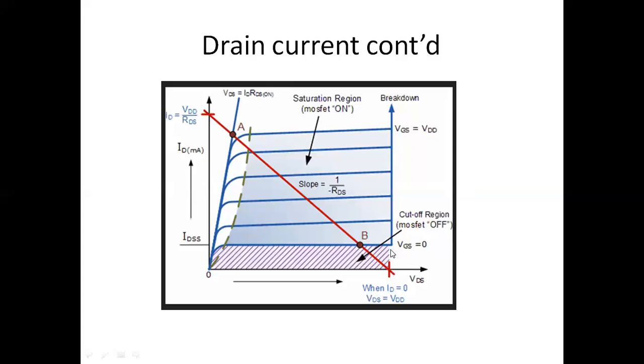In case of depletion type of N MOSFET, I'm sorry, this is the set of curves for depletion device. For enhancement device, here the starting value will be VGS equal to VT. Here the starting value will be VGS equal to VT. Rest of the curve remains the same. So all other values will be greater than this value for enhancement MOSFET.